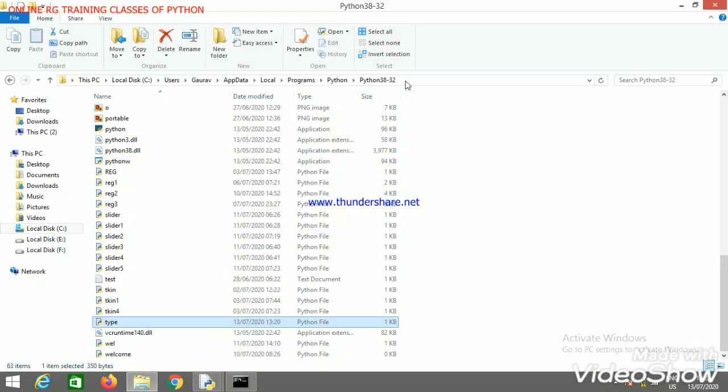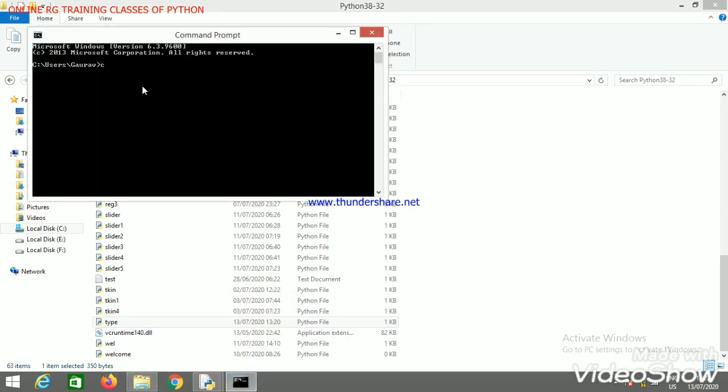So what can we do? We can just copy this, create the folder over here, and paste it. But up to Gaurav the path is already specified, so we need to eliminate this already specified path and write the rest of the path. Now how can we run our program? python, the name of the file is type.py.